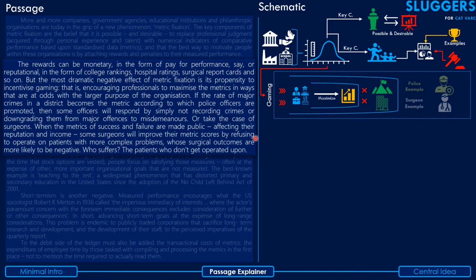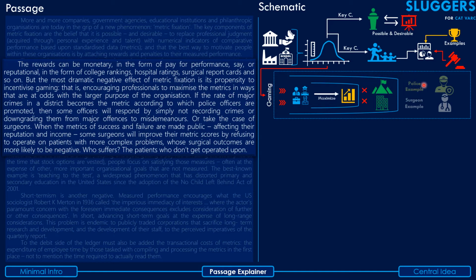So that, guys, is the second paragraph, and now I'll just take you briefly through it, although it's quite self-explanatory. In this paragraph, the author has described or elaborated on gaming as one of the disadvantages of metric fixation. Okay, and he basically says that if you start measuring the performance of these professionals by just a few metrics, then they might be encouraged to just work on these metrics or manipulate these metrics, right, in a manner which might not be in line with the overarching goal of the organization.